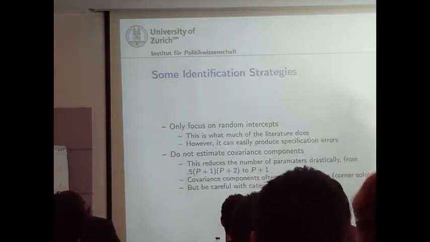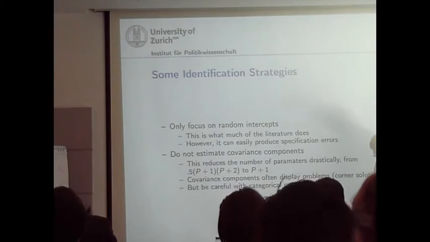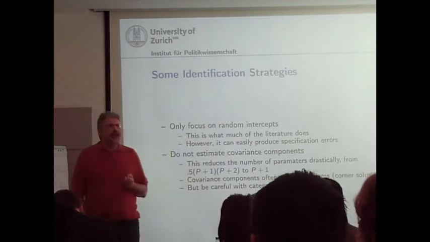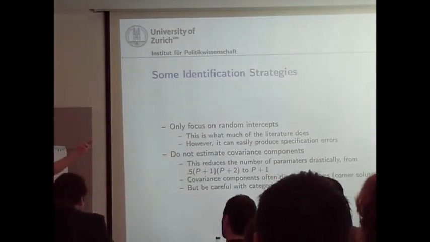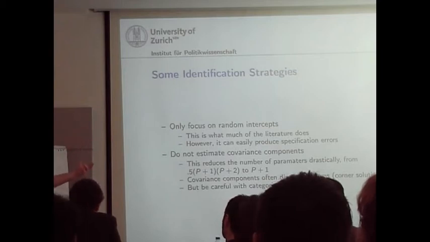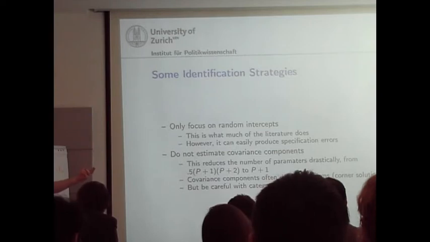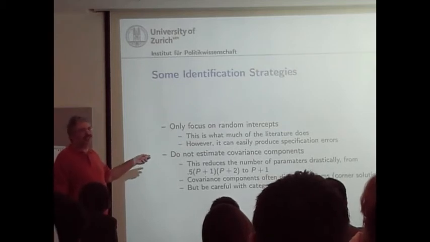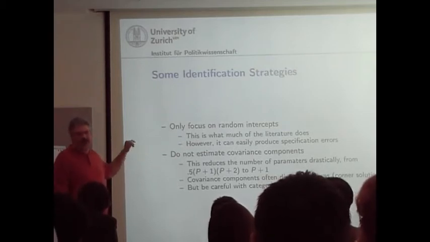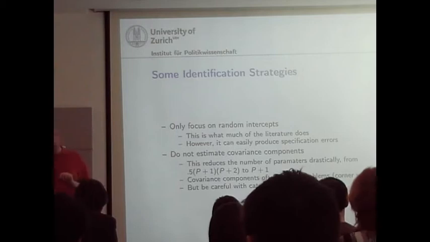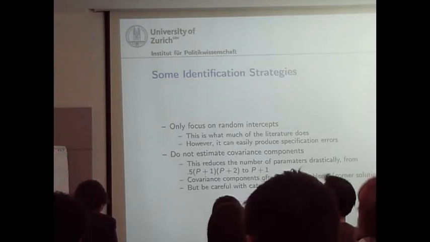So these identification issues have to be taken seriously. What you always should do is figure out in theory whether it is identified, and then do these checks that I did before. Re-express the covariance matrix as a correlation matrix and see whether you get things that look reasonable. If they don't look reasonable, then probably they're not reasonable. I mean, it's in theory possible that it really is true that the slope and the intercept correlate at -0.99, but it's very unlikely. In this case, I think we're also running into one of the well-known problems,